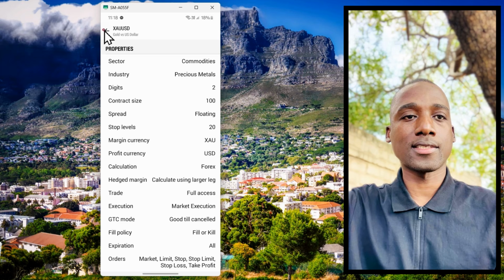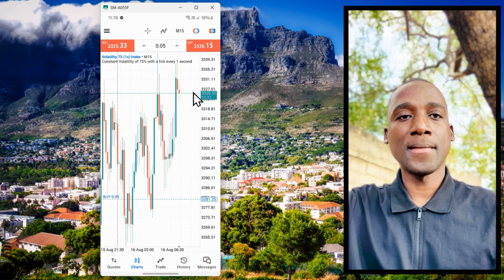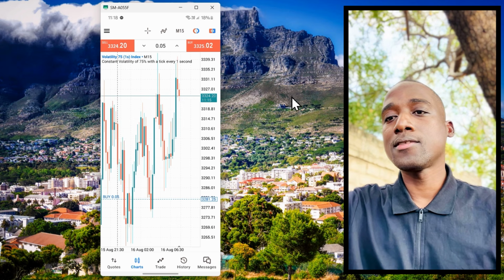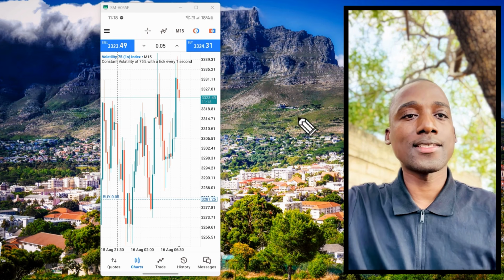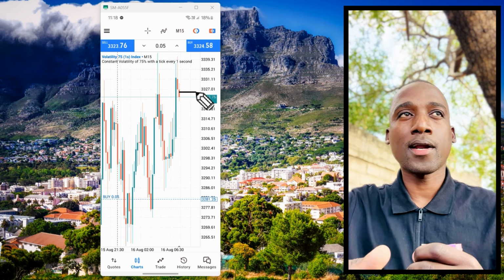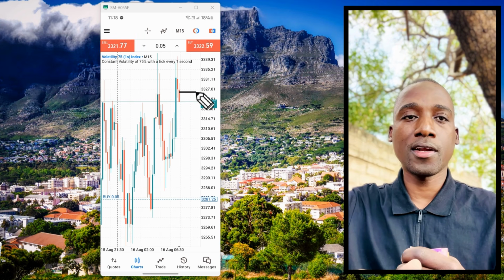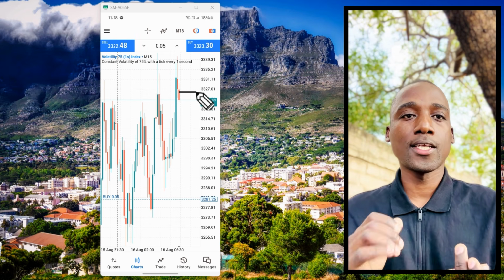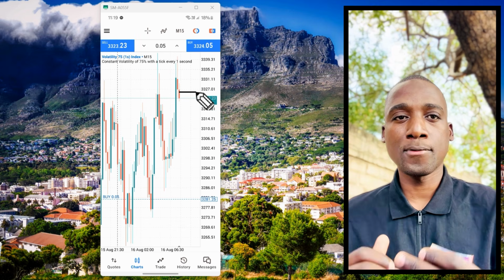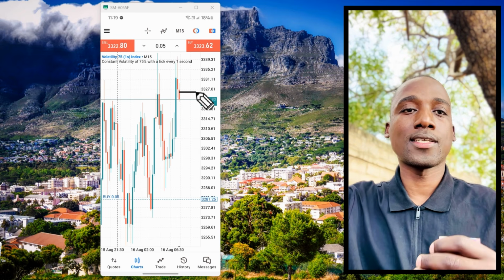Let's look at this so that I can show you. You see this line here? This is the bid price. Now, this bid price line is creating the candlestick. So we also have the ask price. If you have an ask price and a bid price, in between you have a spread. So the candlestick will be different in terms of the opening price, closing price, high price, and low price. So it's important to take note of that, and to use the brokers that I recommend.